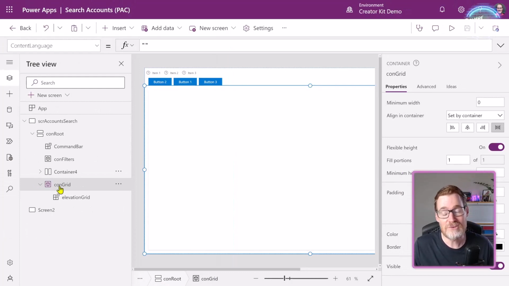So I'd encourage you to experiment with these various different container configurations in a very, very simple way. When you go and add a screen, it does give you some examples of the uses that you can have using containers. But in order to get true responsive containers, you may need to do a little bit more configuration of the stacking and the wrapping, etc.